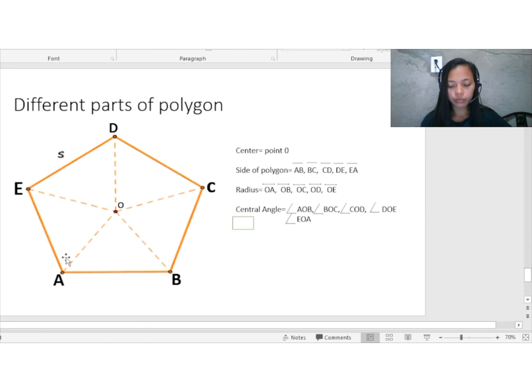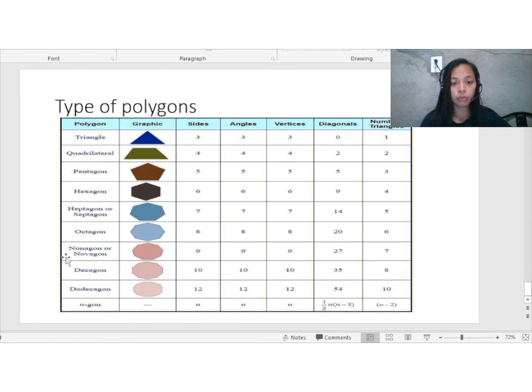So now let's move on to the types of polygons. In this one, there are different graphics. There are polygons: triangle, quadrilateral, pentagon, hexagon, heptagon or septagon, octagon, nonagon, decagon, or dodecagon. It means we can also have a 13-gon or 14-gon. Each graphic has sides and angles, and also vertices, diagonals, and the number of